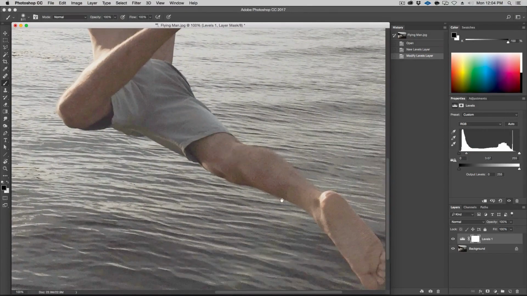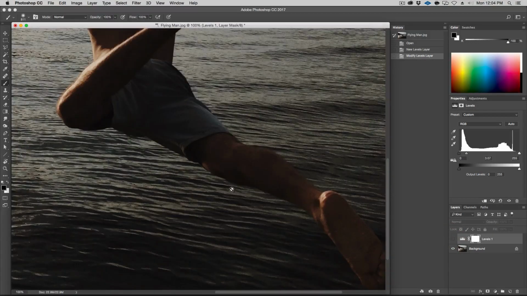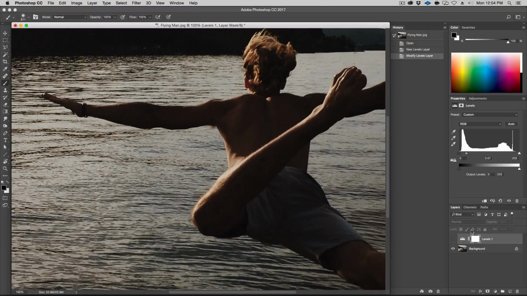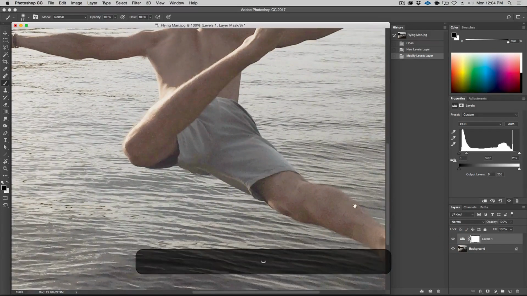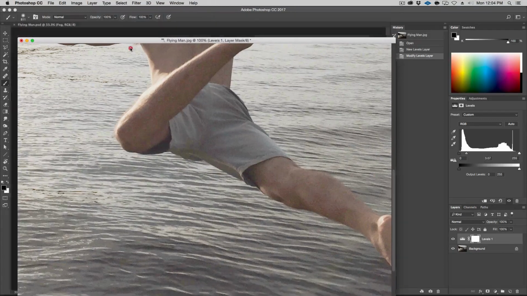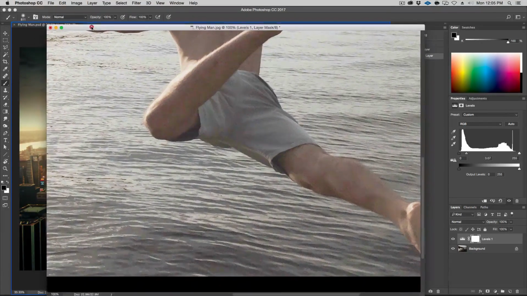There's no question as to where his leg is as opposed to the water. Whereas here, there's a few areas where you may wonder. It's just easier. All right. So do that. Let's bring this into the frame here, like so.